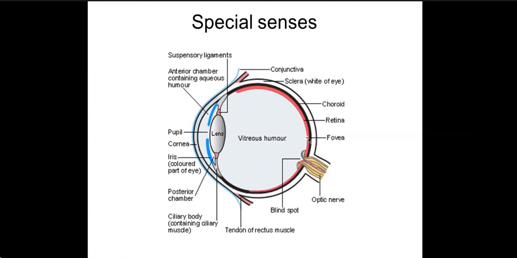Another thing I want to tell you is that through this pole, the optic nerve is coming out. So in this portion there are no rods and no cones, so through this area we cannot see. That is called the blind spot, or optic disc. It is on the nasal side of the fovea.